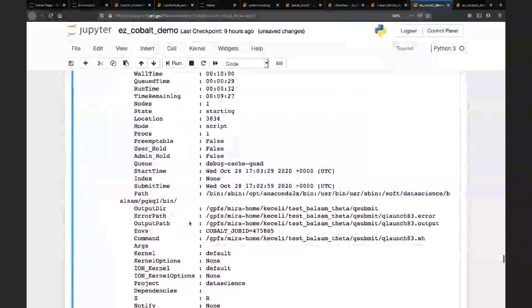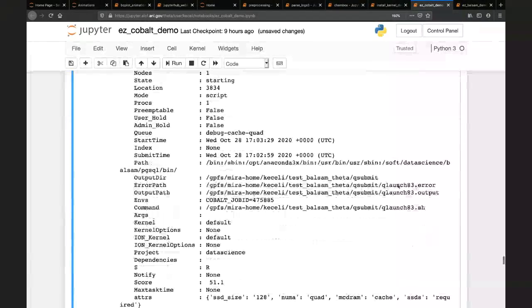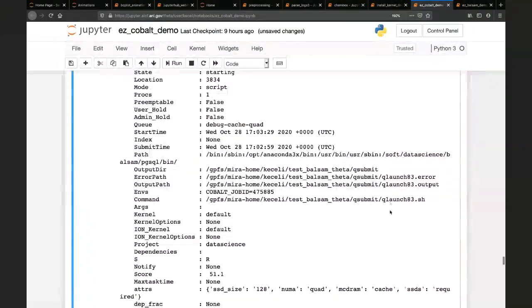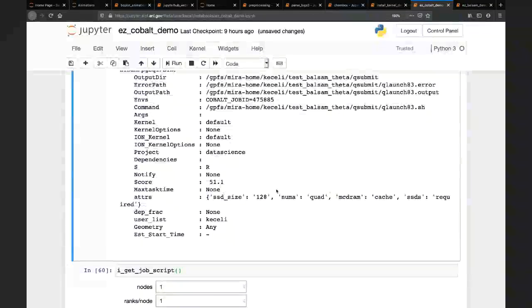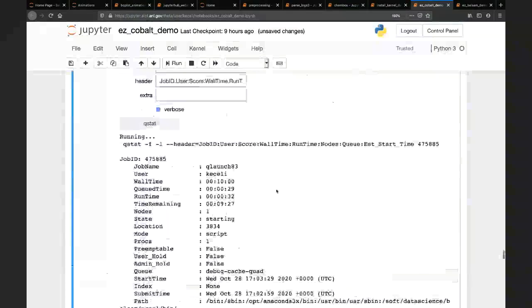So you see where the output directory is, where the error path is. Note that here Balsam actually does not use the job ID for our error and output. They can be prefixed with any other thing. Balsam allows that. And you can see your job ID and other information. And then basically the next steps would be examining your output,